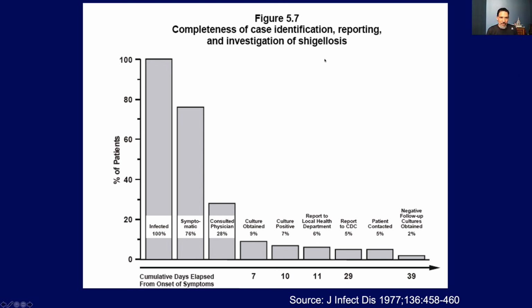So this infection is Shigellosis or Shigella, and they're looking for the completeness of what proportion of cases of Shigellosis are actually captured in the surveillance system, and to give you a sense of the drop off and also how long it takes, right? So if you start with all of the cases in the population here, only about 76%